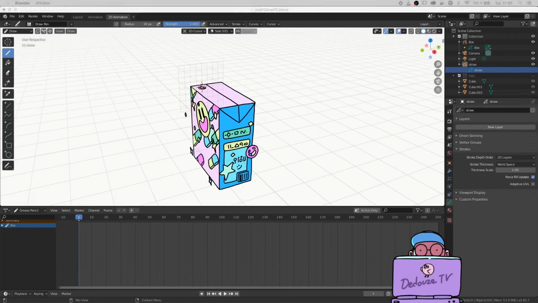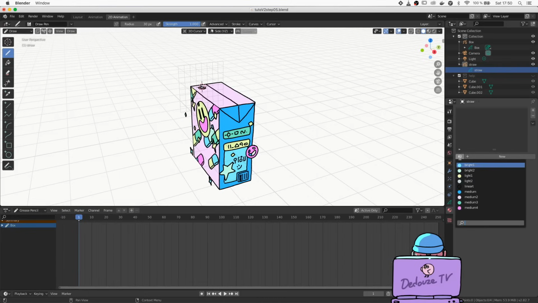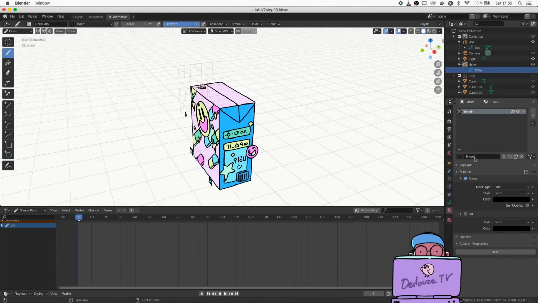Okay, now let's add the colors in this grease pencil object. In the materials panel you can reuse the colors of the other drawings, so instead of clicking on new, click on the gray sphere icon and here you will find the list of the colors or materials that you already created before. So here pick the line art material. This color is now shared between the two drawings, so if you change it here, it will also change on the other drawing.